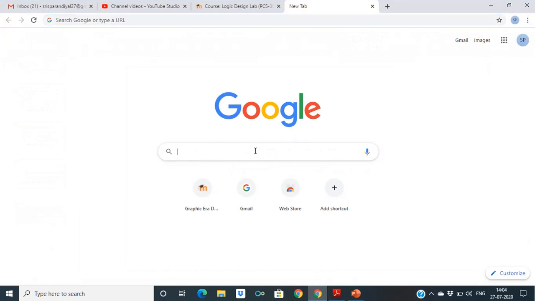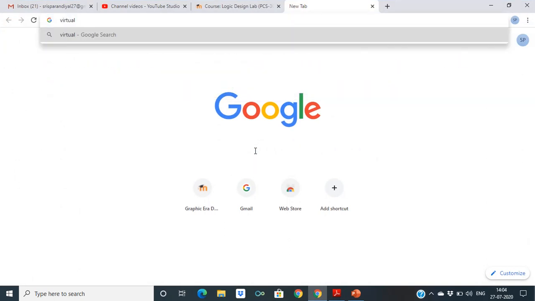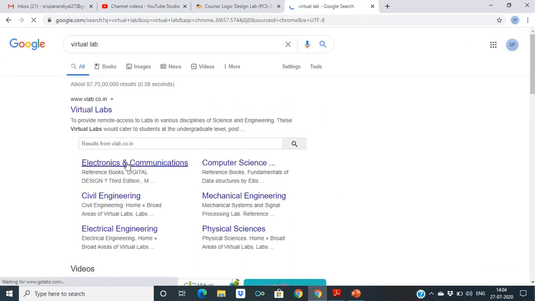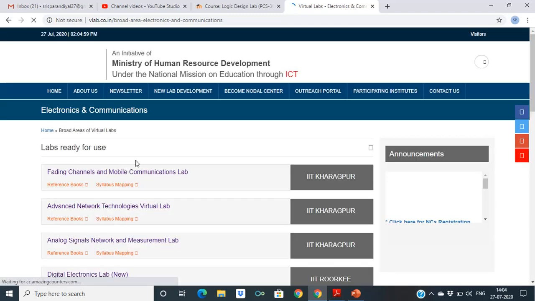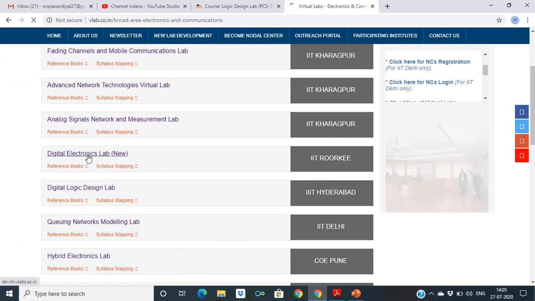So you will go to Virtual Lab. Then here you will go to Electronics and Communication. Here you will go to Digital Electronics Lab.